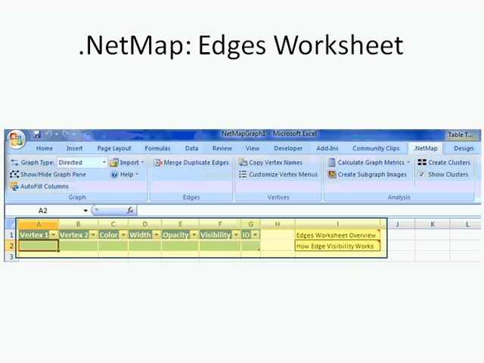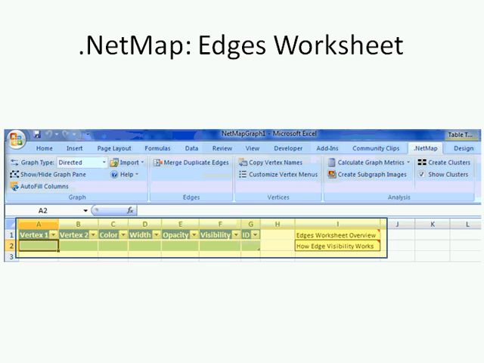Moving over, we do have a help item there, but we also have a merge over in the edges menu item, merge duplicate edges. In other words, we're beginning to provide some tools for cleaning your edge list. When you merge duplicate edges, if you have in your edge list A is to B, and that A-B relationship appears 20 times, we will remove 19 of them and then replace it in one of those rows with A is to B, and then we will add the number 20 in the third column, into the tie strength column.